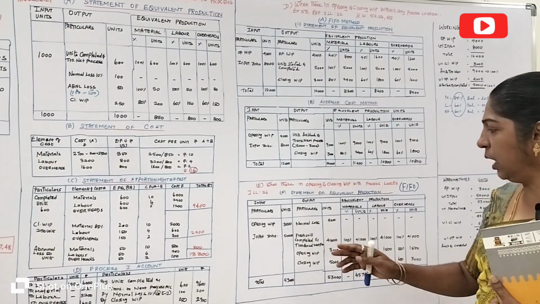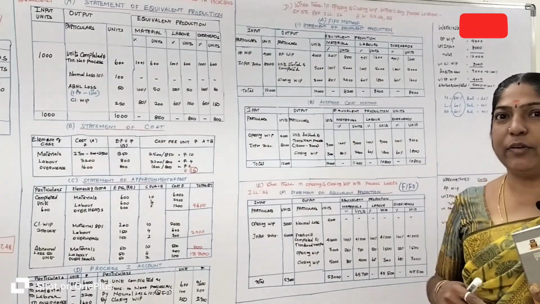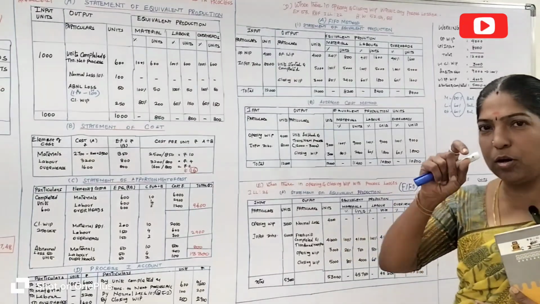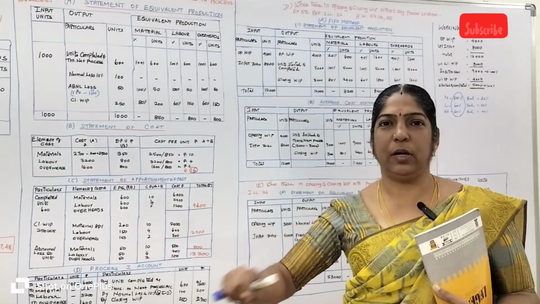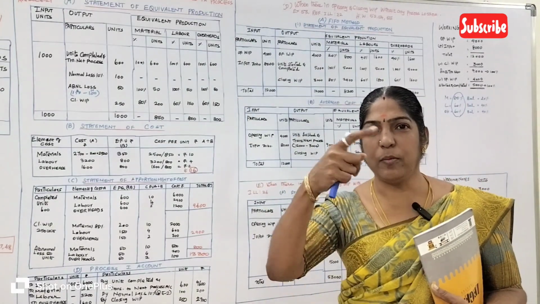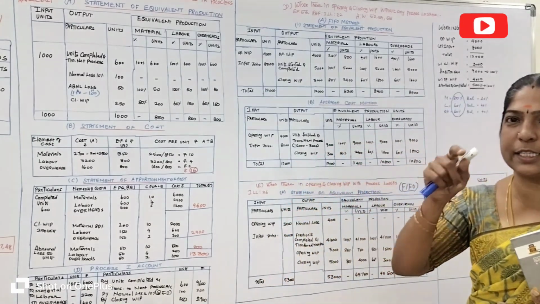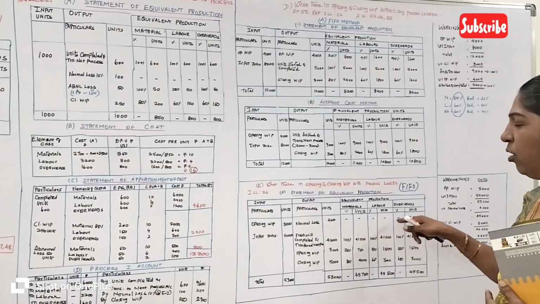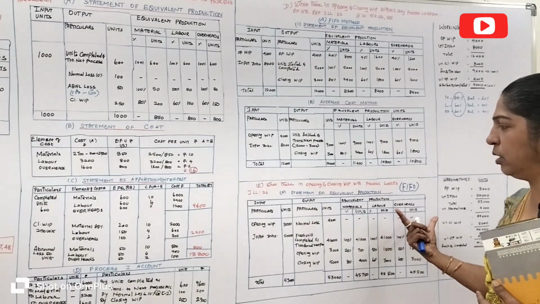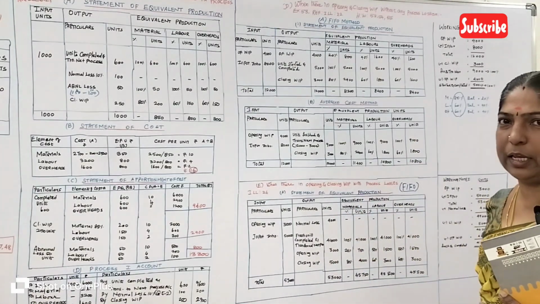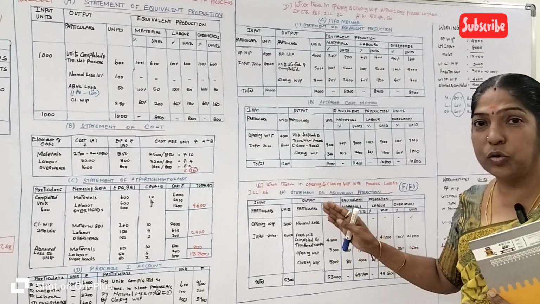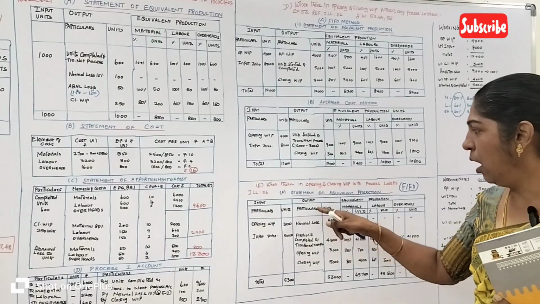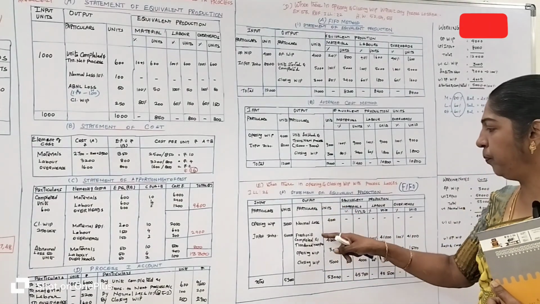Okay, in the output column they have given the normal loss. The normal loss is 4,000 units. The normal loss will not be shown in the equivalent production. The normal loss is to be assigned zero in the equivalent production, so you are going to put nil or hyphen there. So the normal loss unit will not appear in the equivalent production, but it shows in the output column. So the normal loss of 4,000 units is entered in the output column. Okay, let's come to find out